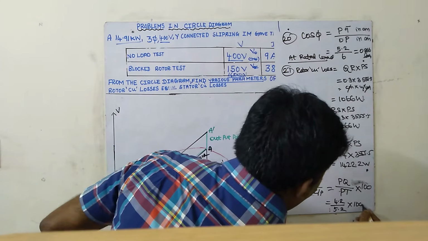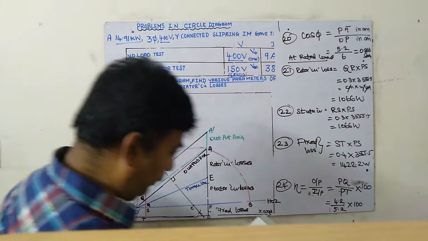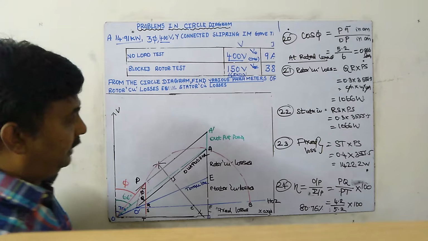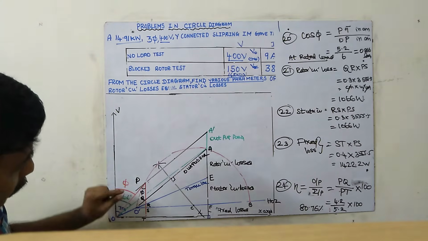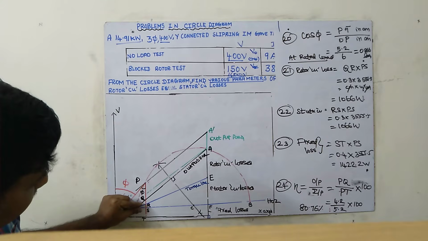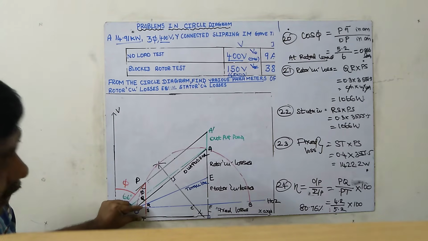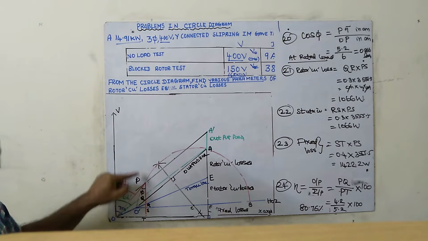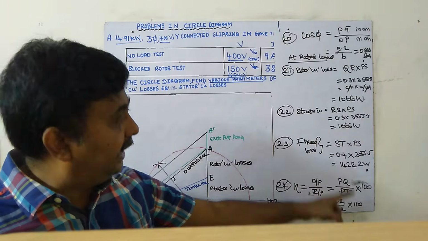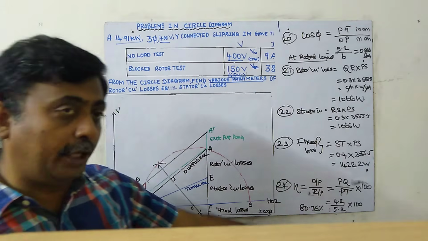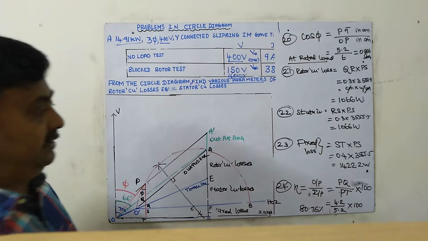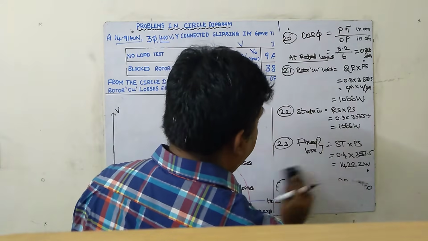So the efficiency for this machine I am getting is 80.76 percent. See, the output power is 4.2, rotor copper loss is 0.3 centimeter, stator copper loss also 0.3 centimeter, and fixed loss is 0.4 centimeter. If you add all those, I get 5.2, that is output plus losses. Either you can do it in watts or in centimeters, and centimeters will be very easy. Okay, this is efficiency. Next I will go for